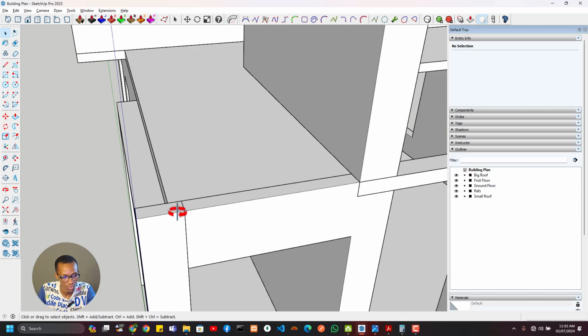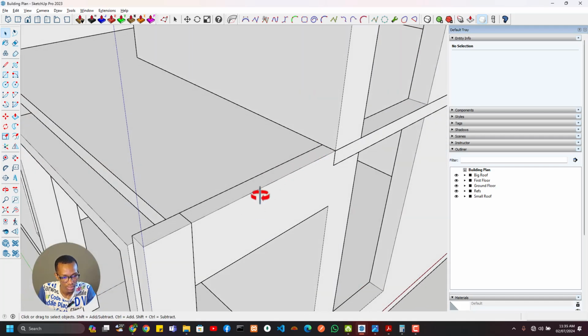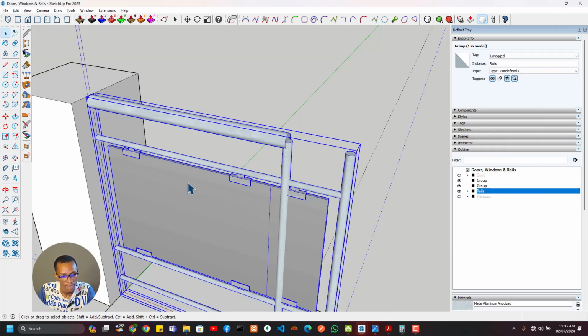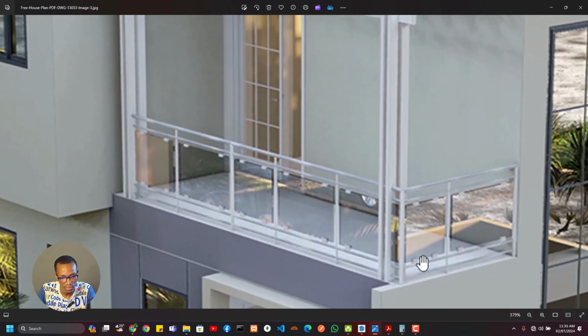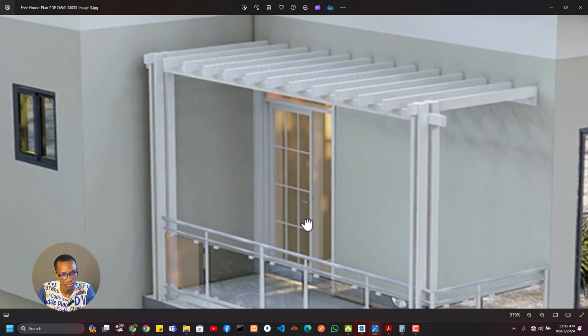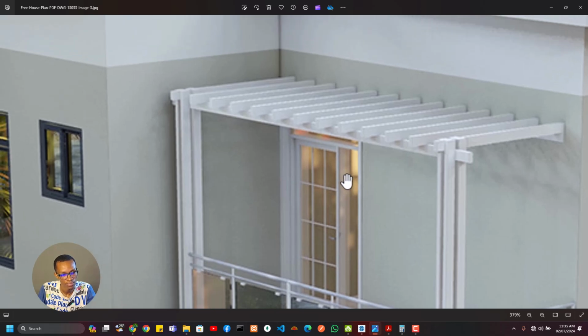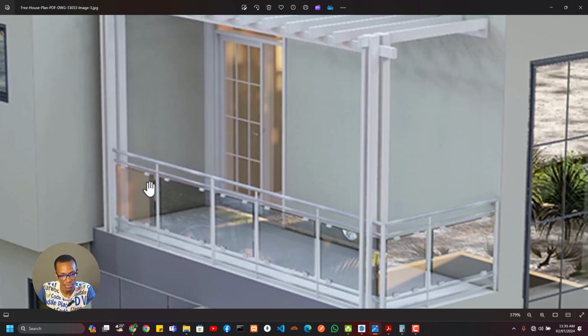arrangement here. So we know our rails are going to go here, and it's going to go there towards the end. And it's not going to terminate at the walls. It's going to terminate about 400 away from the wall, and we're going to have some pergola going on right there. All right, so I'm going to go ahead and place in the rails and model the pergola, and then